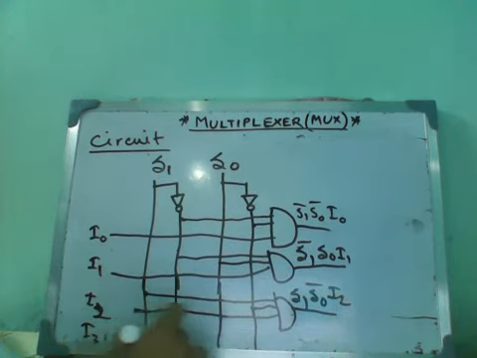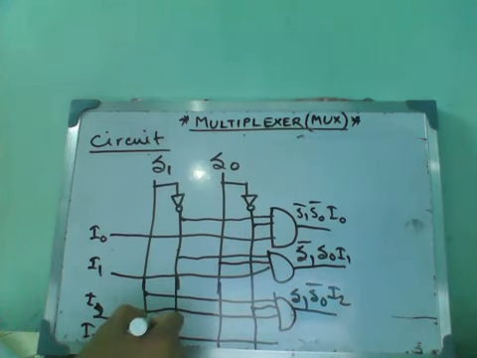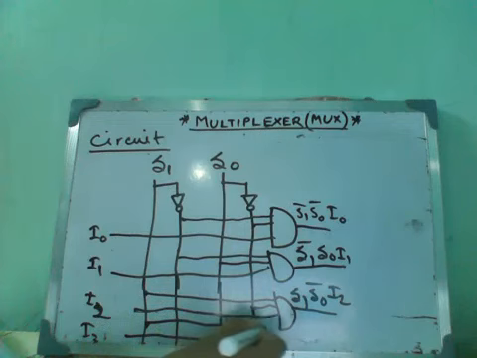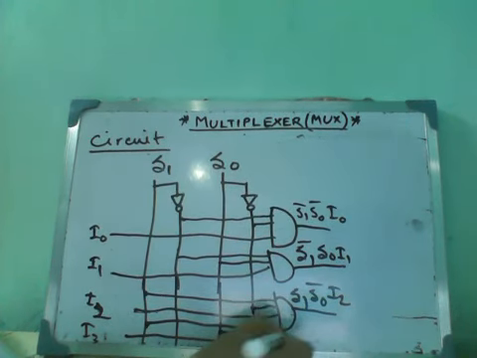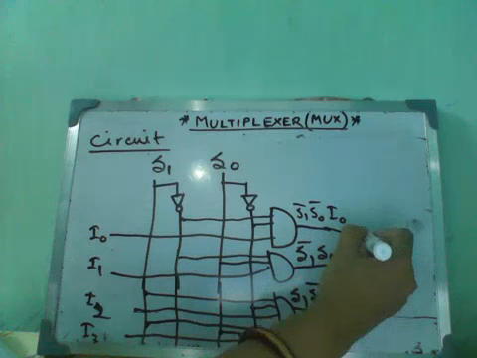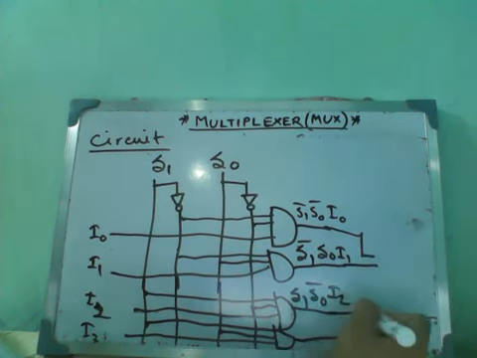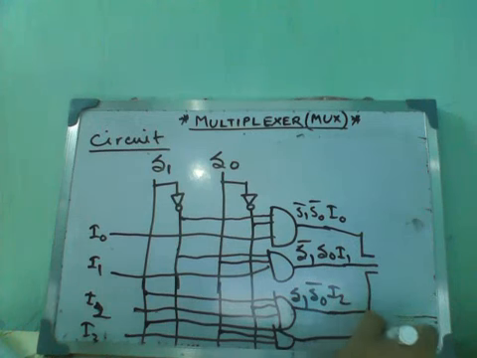Last is I3 when S1 and S0 both are 1. You draw the circuit very carefully. Finally, we take an OR gate to